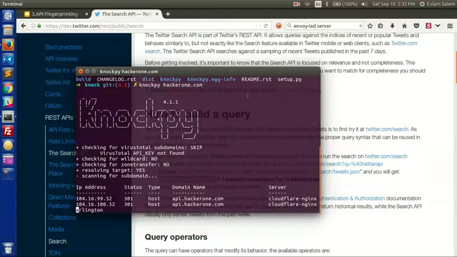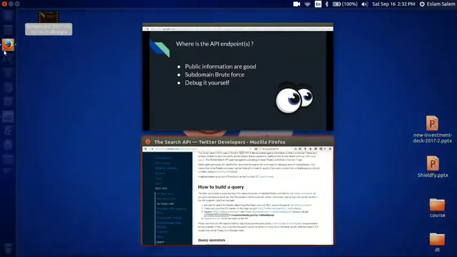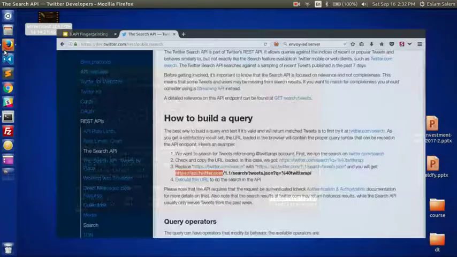Okay, here's the result. We see clearly that api.hackerone.com is the API endpoint along with its IP, and also the server type of the endpoint. Here it is Cloudflare Nginx. Okay, the third method is